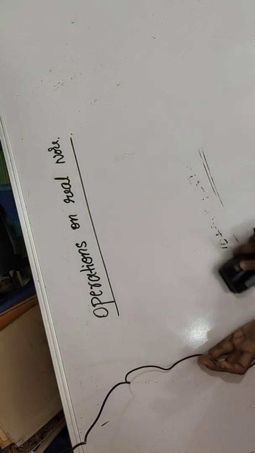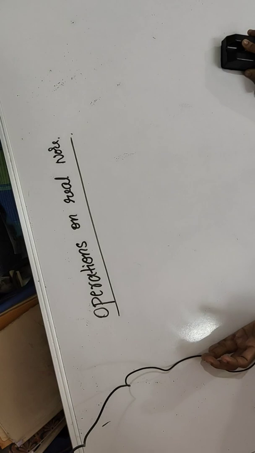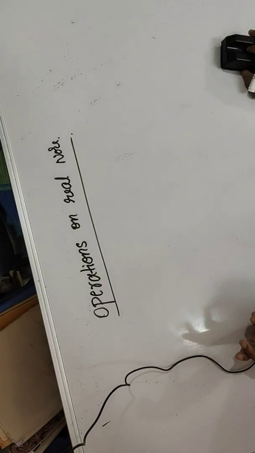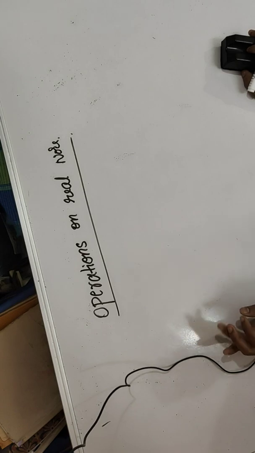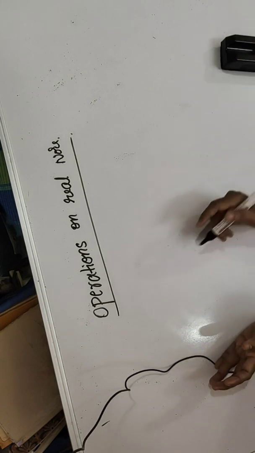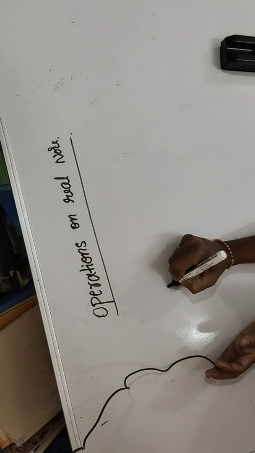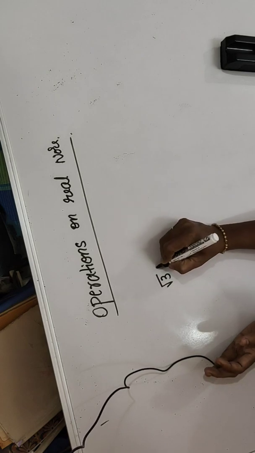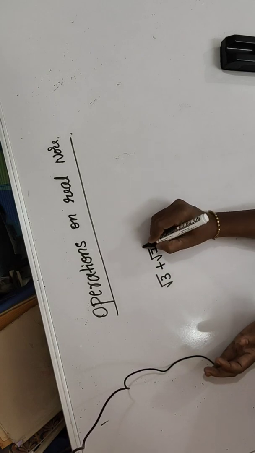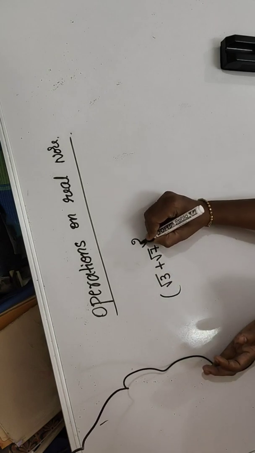Okay, the next question may come like this. Using a formula you have to solve. So you must know the formulas: a plus b the whole square, a minus b the whole square, a cube plus b cube, a plus b the whole cube, a minus b the whole cube. These formulas you must know by heart. They are there in your 9th standard reader and also your 8th standard reader, so go through the reader once for the formulas.